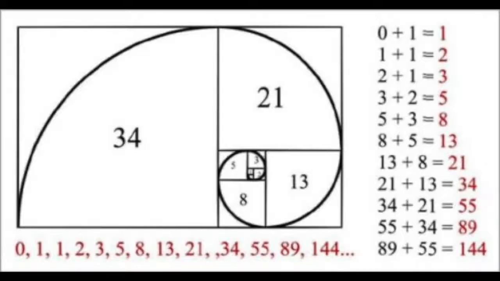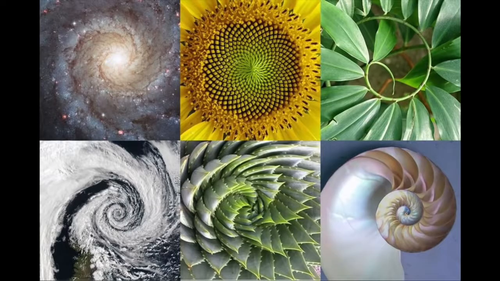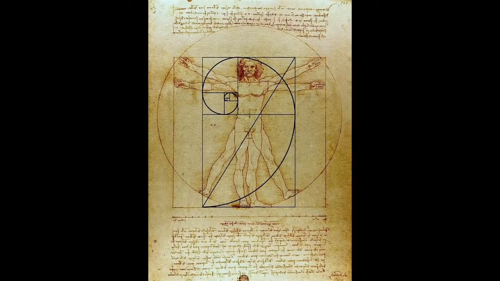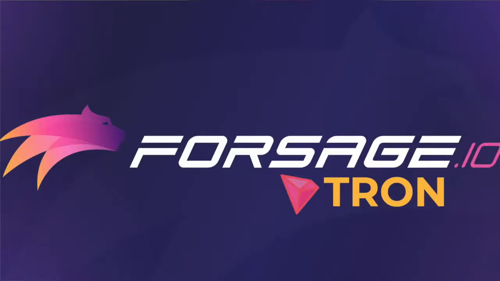Golden ratio, also known as the golden section, golden mean, divine proportion or the Greek letter phi. The golden ratio is a perfect balance. There are laws of nature and the universe, the use of which leads to success in art, in science, in business. The most unusual thing is that each partner receives their own smart contract upon registration. And now you will find out what it is and why.